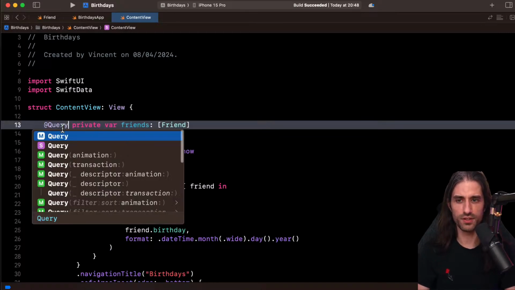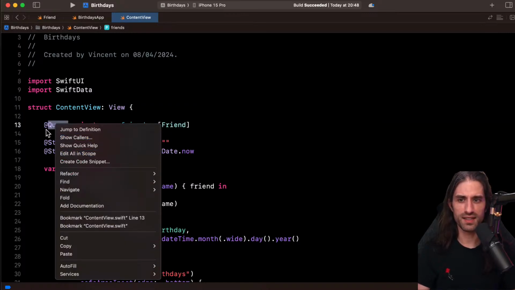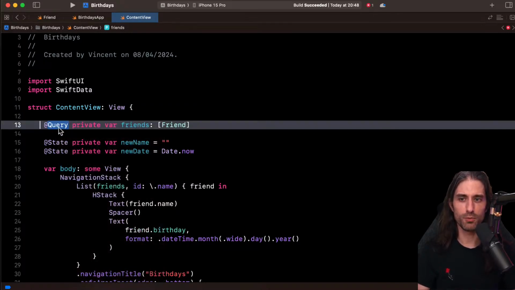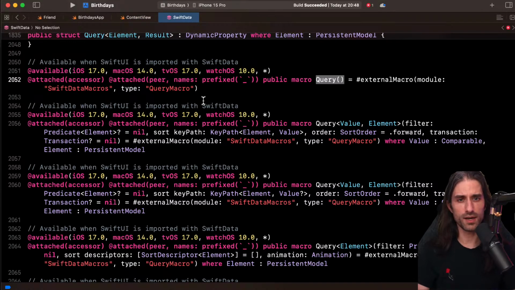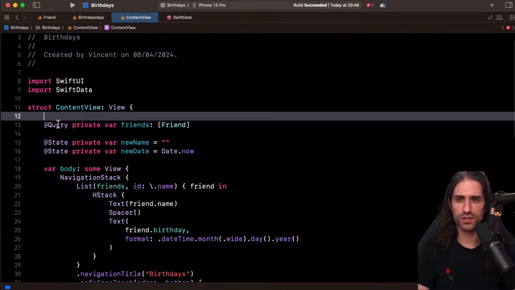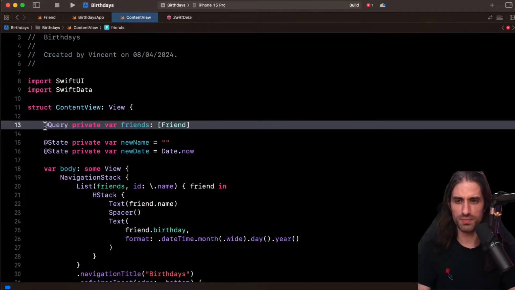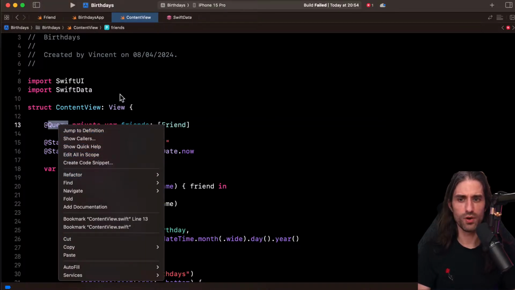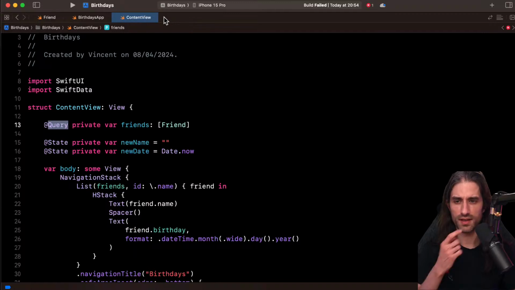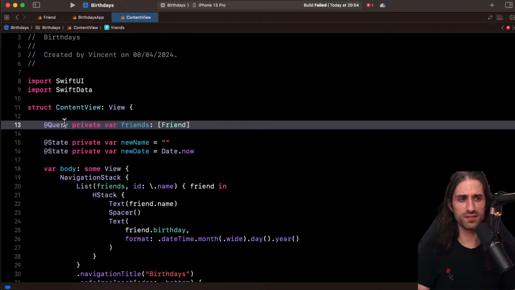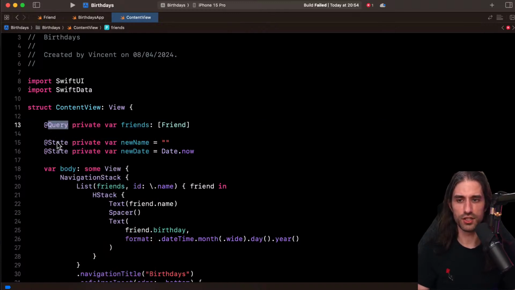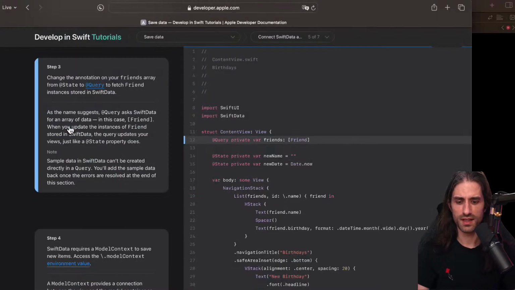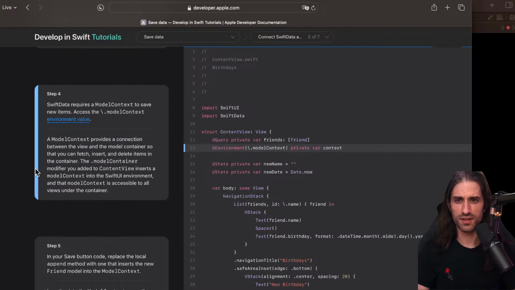And so we take the @State and we turn it into an @Query. Once again, let's have a look. So actually, @Query, I wanted to expand the macro, but it doesn't seem to be a macro. It seems to be more of a property wrapper, I guess. No, actually, it's a macro. It's a macro. Why couldn't I expand it then? Maybe I need to build first. Yeah, I don't have expand macro. We'll see if it gets back to it later. Or maybe Query is very specific and Apple has chosen to prevent us from expanding what it generates. We'll see. All right, so what is the next step?